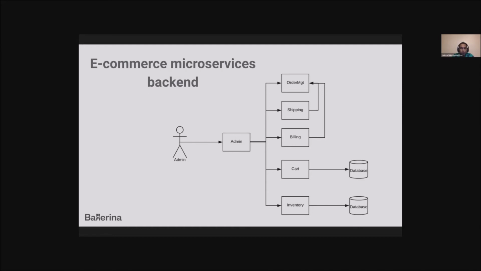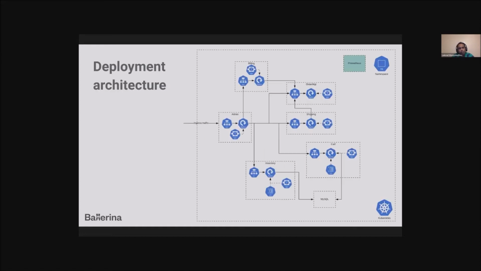If you want to deploy this kind of microservices application in Kubernetes, this is the sample deployment architecture. For example, each microservice should create a Kubernetes deployment and Kubernetes service. And if you want to do auto scaling, depending on the load coming to these microservices, then you need to define a horizontal pod autoscaler.